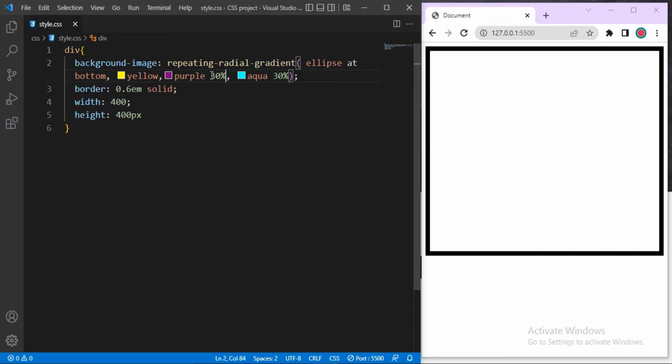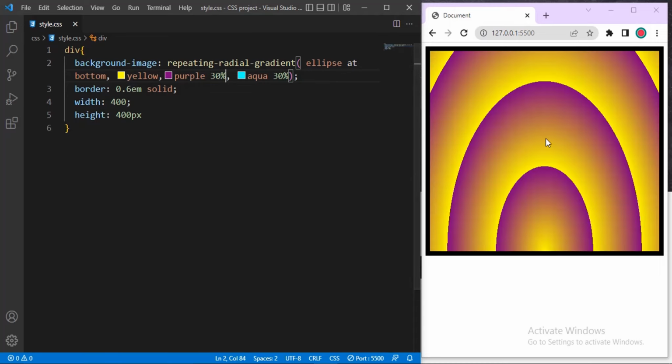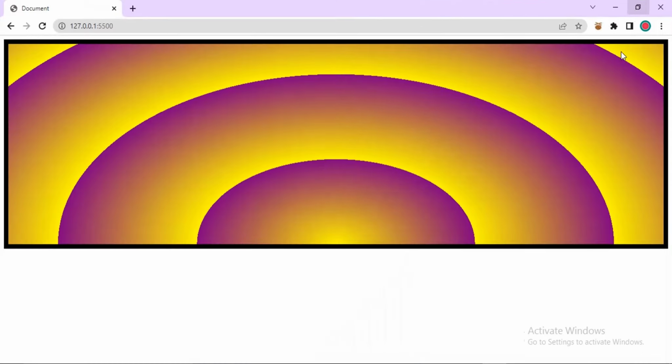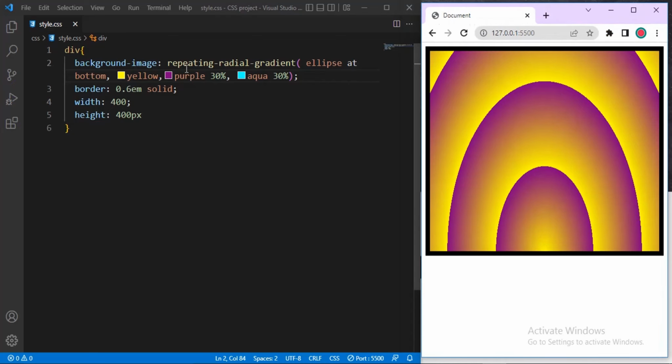30%. Okay, you can see the effect. It looks like a wave, like an emitting wave or a propagated wave, either one. This thing seems to be too